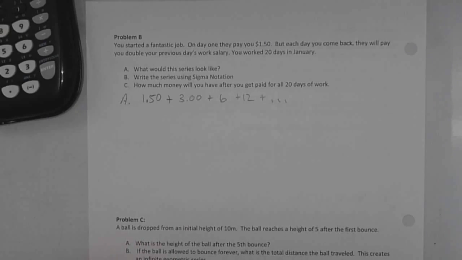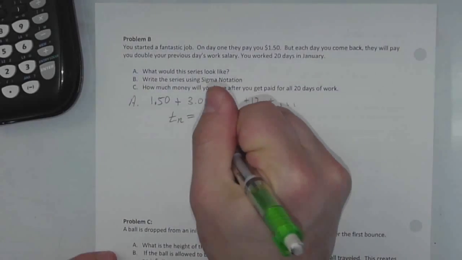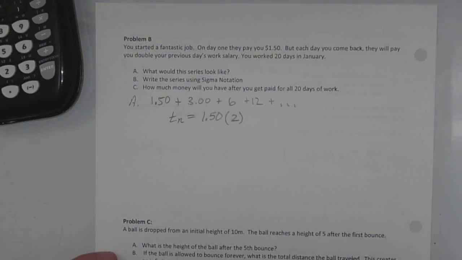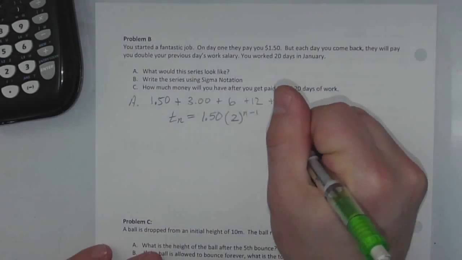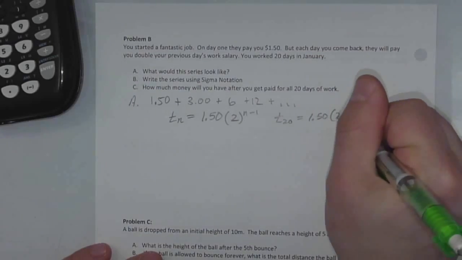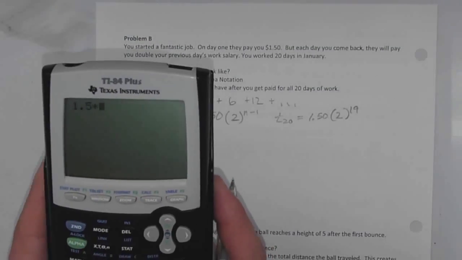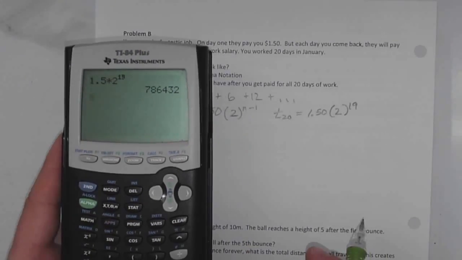And we can use our explicit rule for a geometric sequence to figure out how much we will get on the last day. For a geometric sequence, it's my first term times my common ratio, which in this case is 2 since we're doubling, raised to the n minus 1 power. And so on the 20th day, we're going to have 1.50 times 2 to the 19th power. We can type that into our calculator, and we get, on the last day, they're going to give you